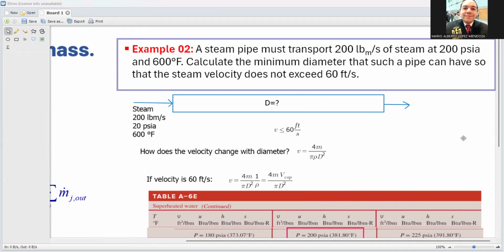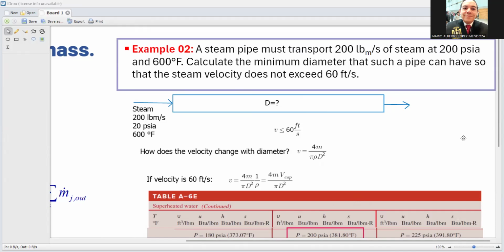Remember that this is the English unit most common for pressure of gases, and 600 Fahrenheit degrees as the temperature. We want to calculate the minimum diameter that such pipe can have, so the steam velocity does not exceed 60